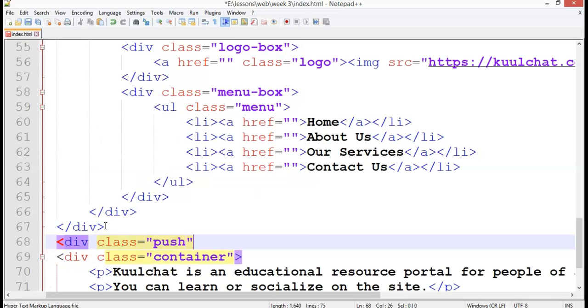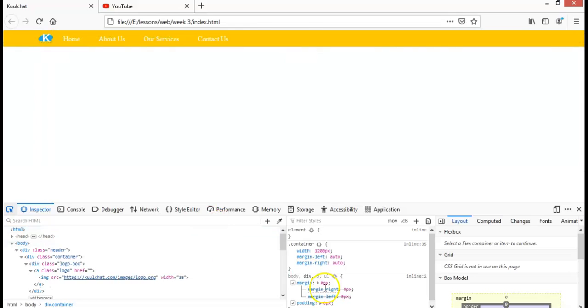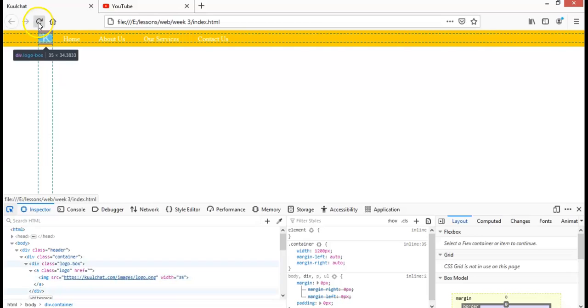And because it has no content, even if it's being covered by our header, we don't bother. But it will push the other elements which have the static property. So this one will be covered by our header, and since the position of this one will be after the push, the header is no longer over it, so this one will be visible. Okay, so if I refresh it,